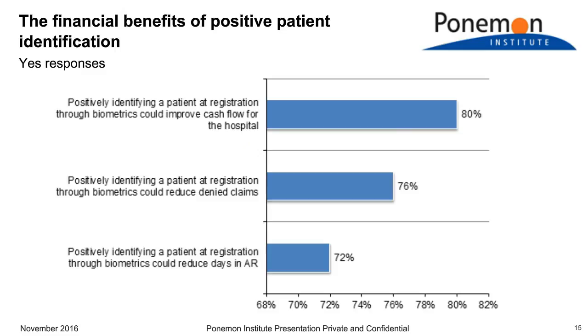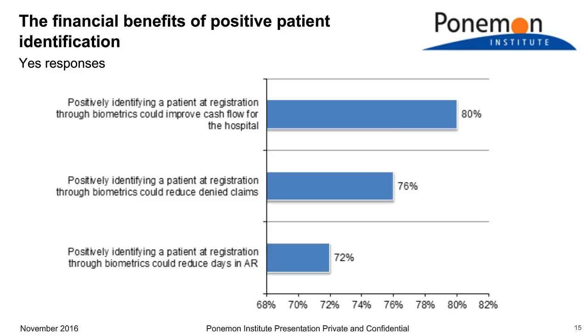Now, let's talk about something positive, the benefits of positive patient identification. Again, our respondents were asked questions, and this represents the yes response. Positively identifying a patient at registration through biometrics could improve cash flow for the hospital. 80% believe that to be true, so a very high yes response. Positively identifying a patient at registration through biometrics could reduce denied claims. 76% believe that's true. And then finally, positively identifying a patient at registration through biometrics could reduce days in AR,